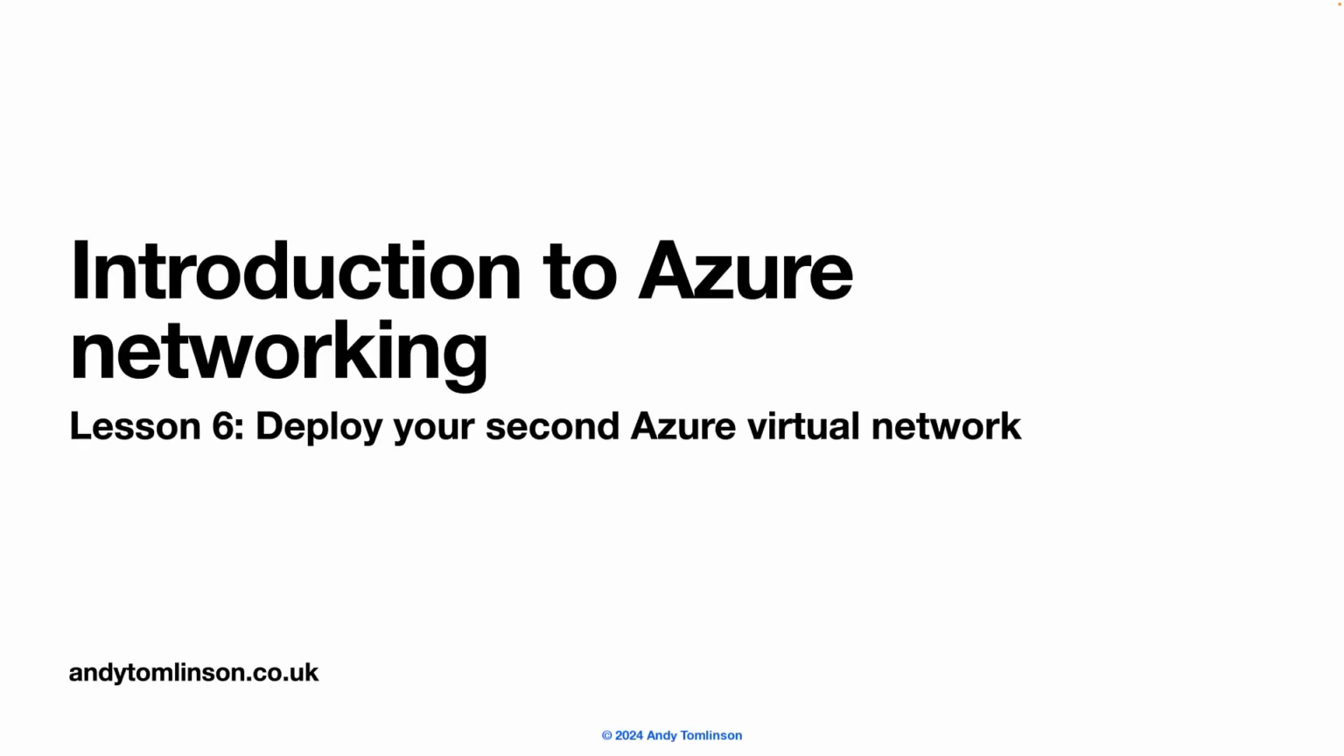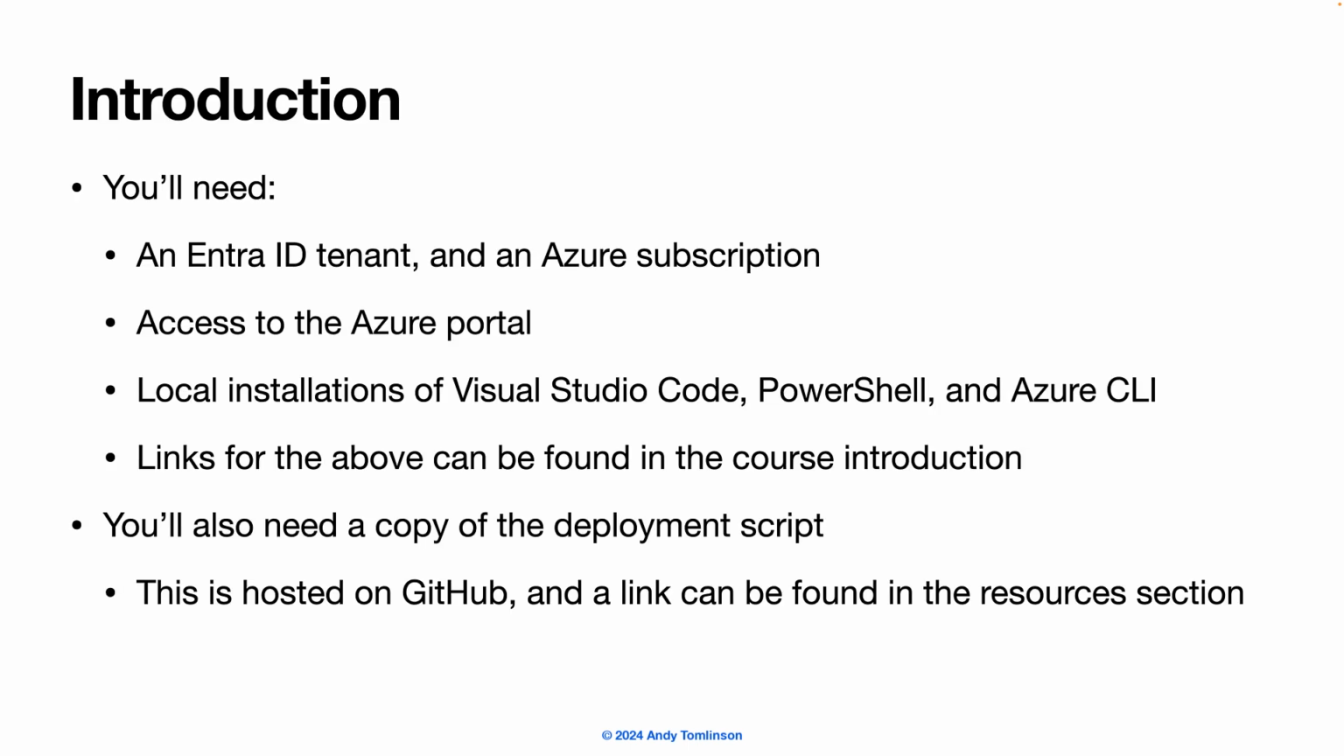This is Introduction to Azure Networking, and this is Lesson 6, where you'll deploy your second Azure Virtual Network. By way of introduction, just a quick recap that links to the prerequisites for the course can be found in the Introduction section, and links to the deployment scripts which are hosted on GitHub can be found in the Resources